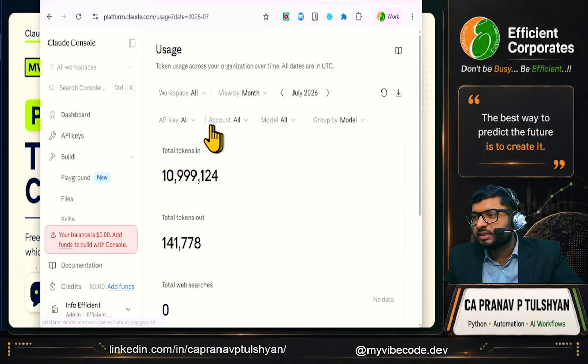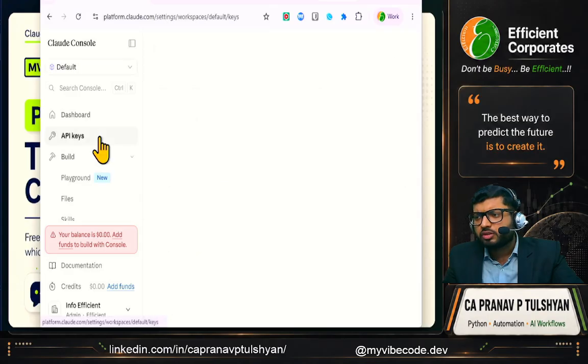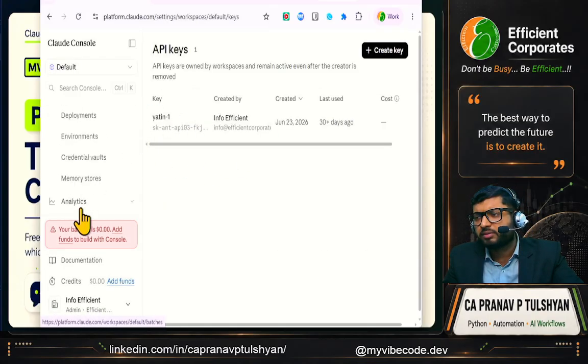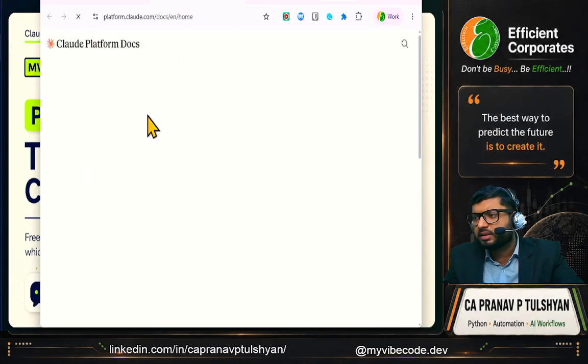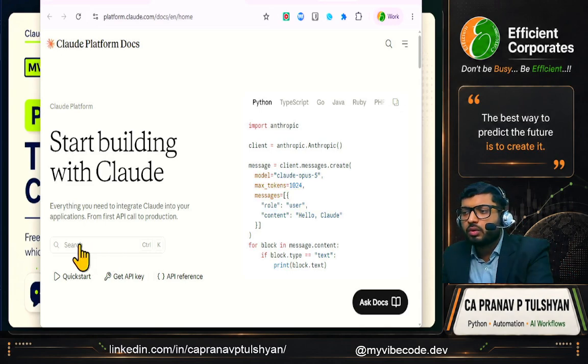You can see these are the usages. The best part is you can view the usage month on month. That is one best part of what you can see in this account. Also you can have API keys. These are the employees, and for the employees you can have the API keys generated. I want to look at the documentation part, and the part I'm focusing on more is how the